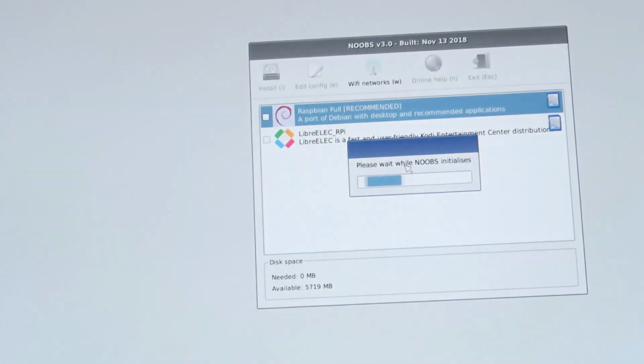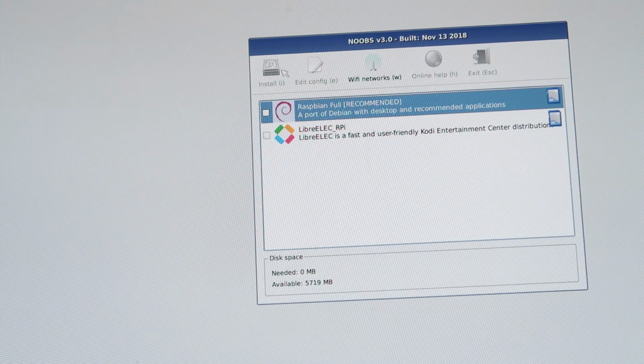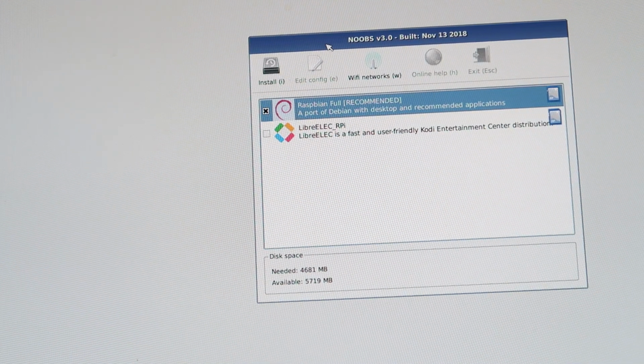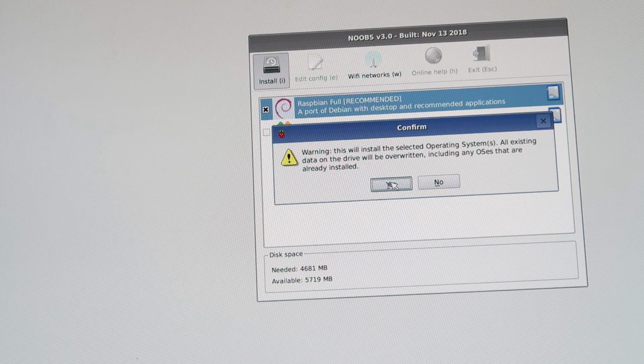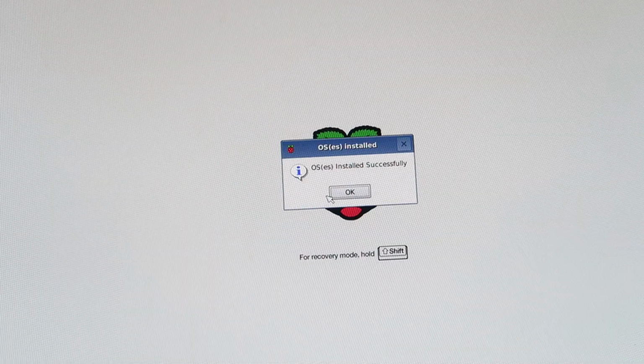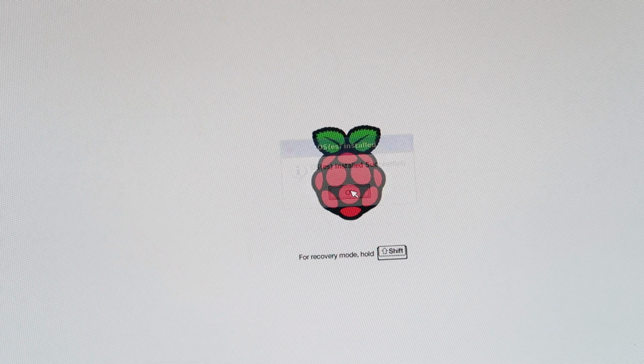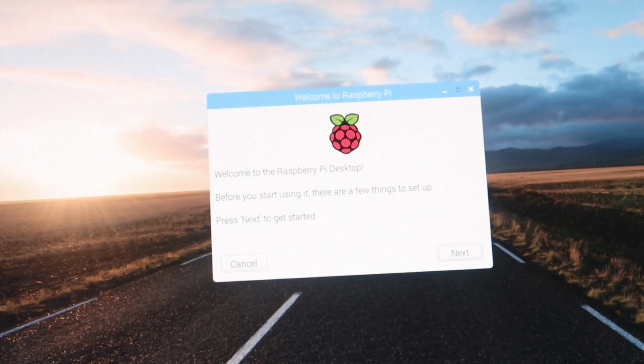So when the Raspberry Pi starts up, it comes up with a dialog to select the operating system that we want to use. We will select the Raspbian full, check that checkbox, and then hit the install button. So that starts the installation. It takes a while, and when it's finished it shows you this dialog. You just click on OK, and the Raspberry Pi reboots,